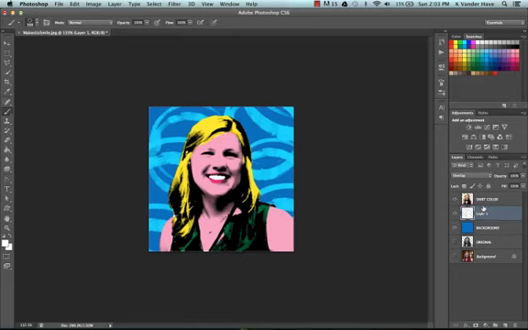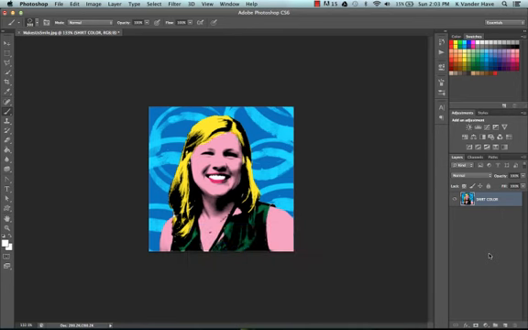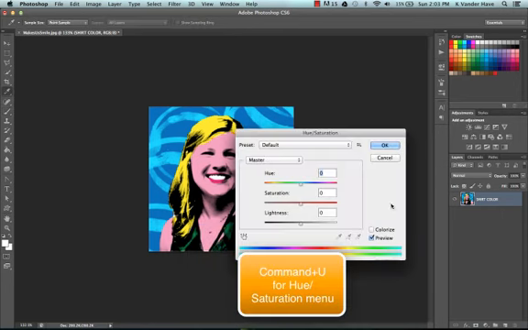So in a nutshell, that is how we create our portrait for our Andy Warhol. Okay, so once you're all the way done, you're going to choose all of your layers and merge them together so you have all in one. Now once you bring them into the document, you're going to press Command U on your keyboard, and then you can just adjust it using the hue saturation slider to change